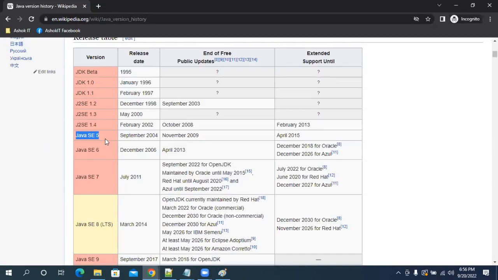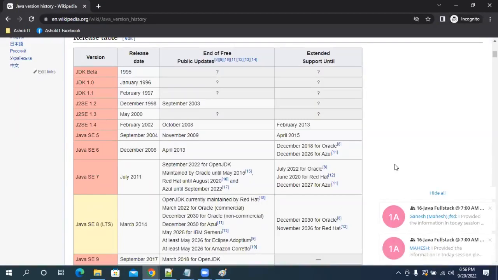But to be frank, Java 1.5 is a failure because of so many changes they made to the Java language. Java programs became very slow in execution. You see how much time they took to release Java 1.5. Almost 2 years to release the Java 5 version.